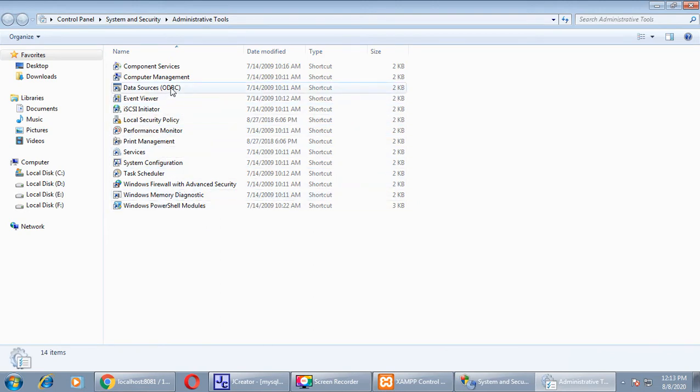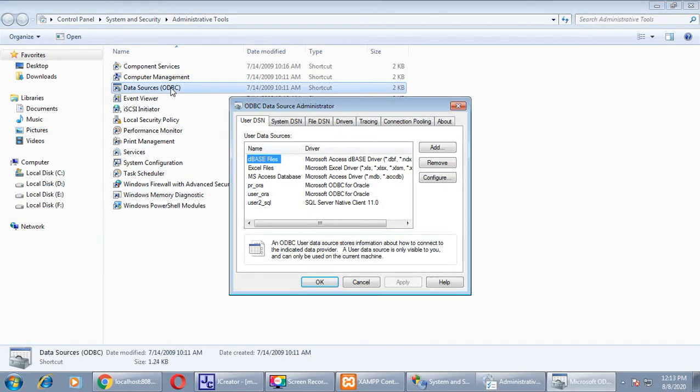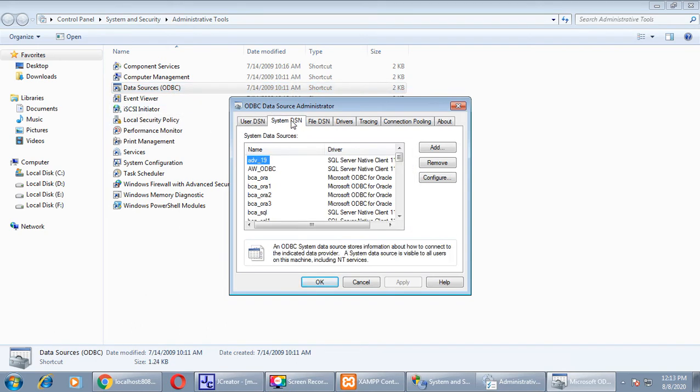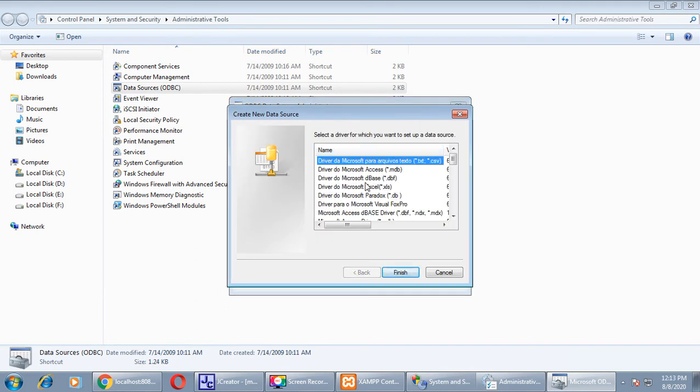Then data sources. Now move on to the second tab, system DSN. For the new DSN, click on the add button, right? Click on add button. This will open a window with the name create new data source.